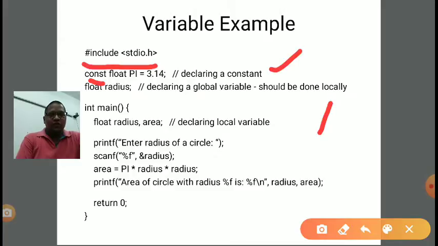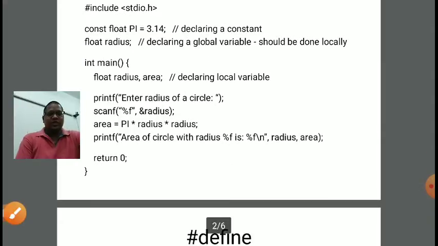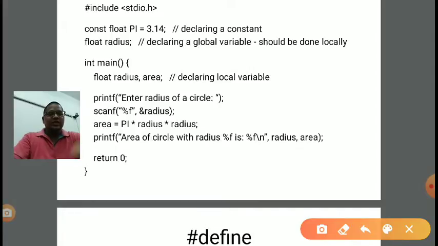After that, I have written float radius. If you look here, the radius variable is declared before main. In the previous lecture, we discussed that whatever we declare or initialize before main or outside main is a global variable, and whatever we declare or initialize inside main is a local variable. So here radius is a global variable. Now after that, coming to the main function, we have written two variables, first radius and second area. So again I have declared the variable radius, and it is now a local variable here.